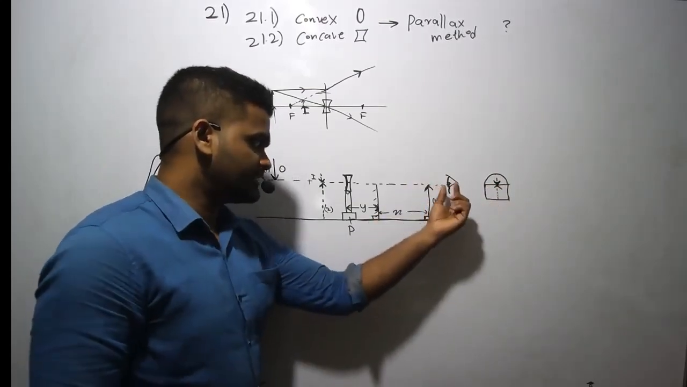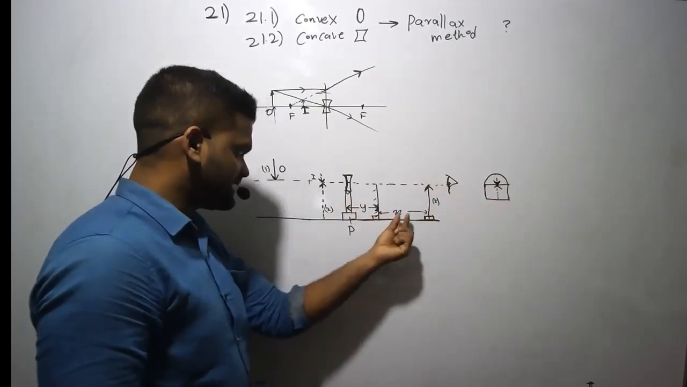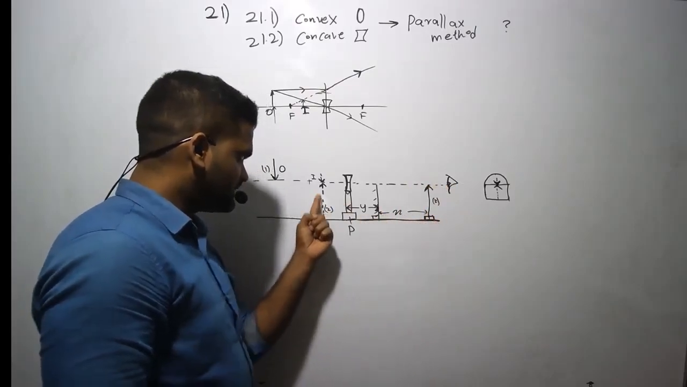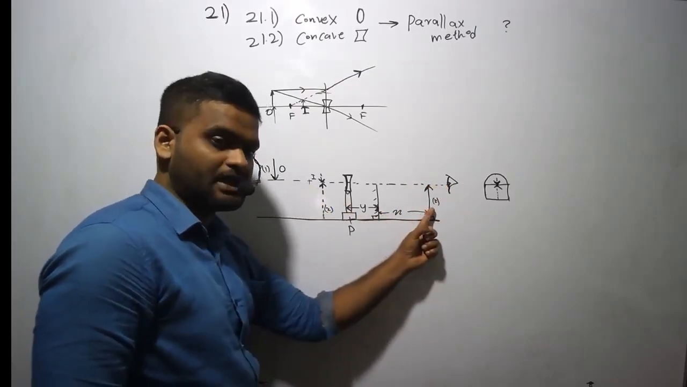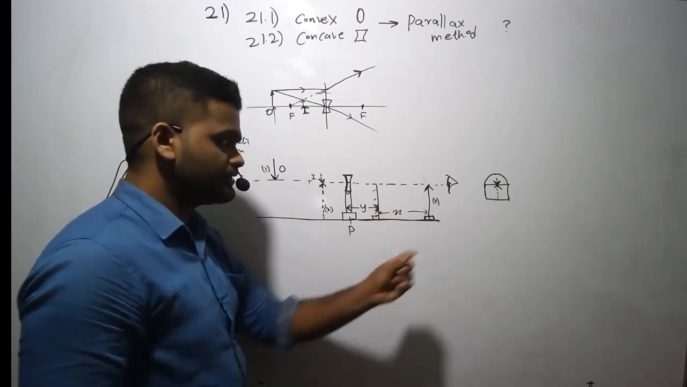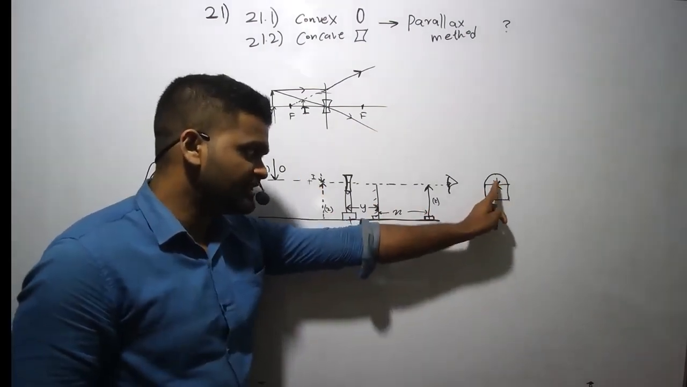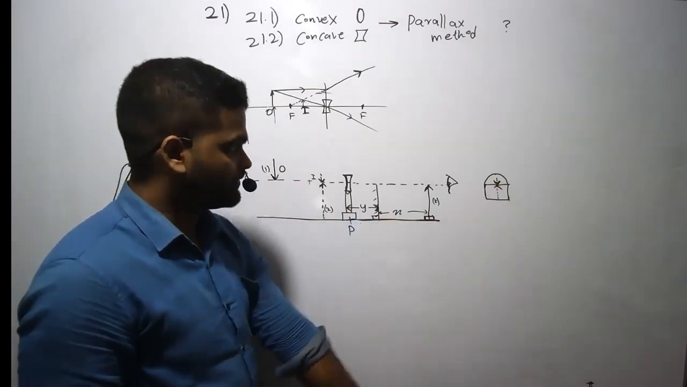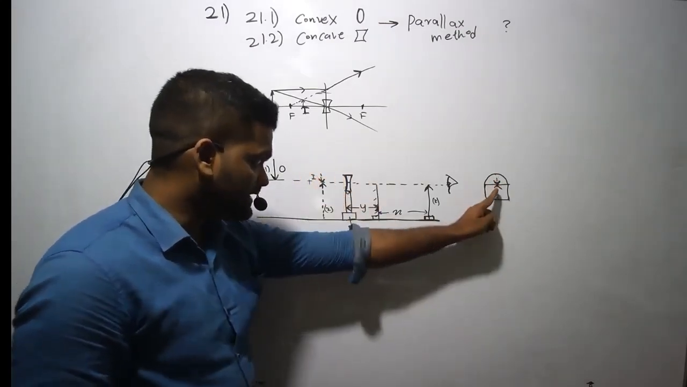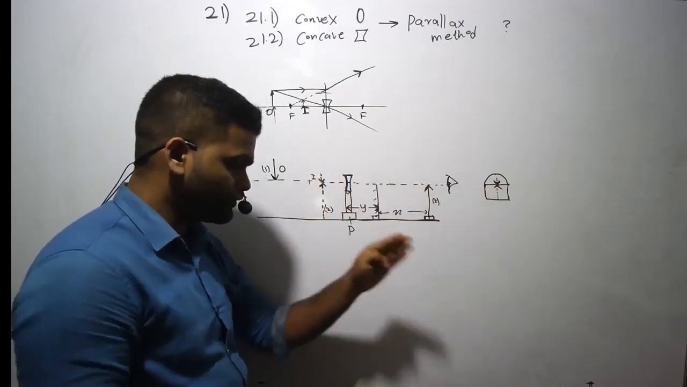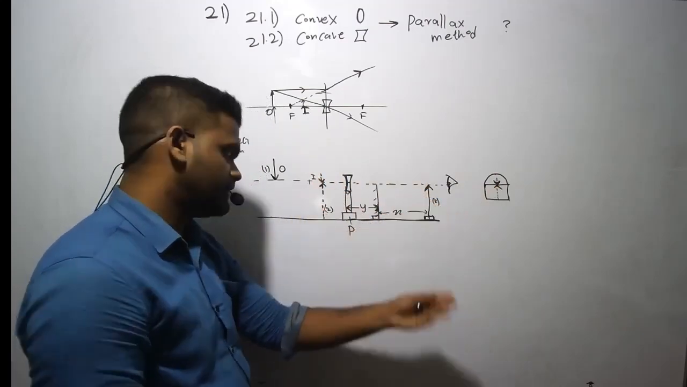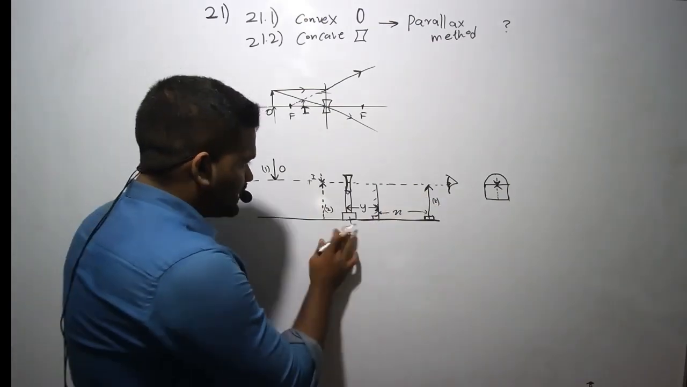So using the parallax method, you can change this distance till the image caused by the mirror coincides with the other image. So you will see no relative motion between these two images. One image is through the lens, the other image is through the mirror. So you are coinciding those two images using the parallax method, right? So you can understand